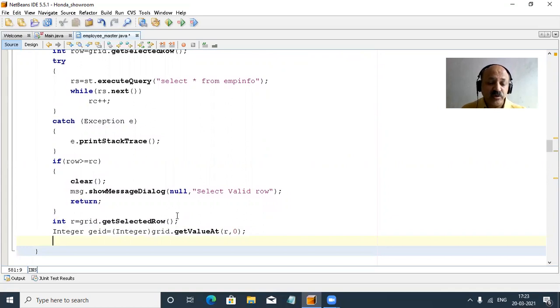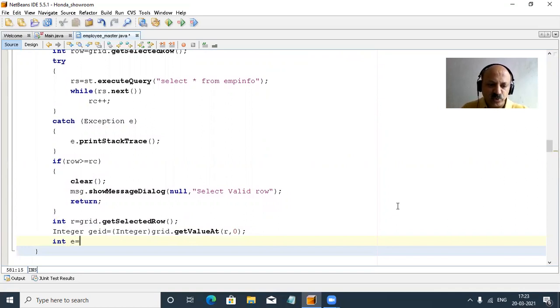Now what to do? Again, we take the employee ID in an integer value. So I take the employee ID as E only; you can also take any variable name.